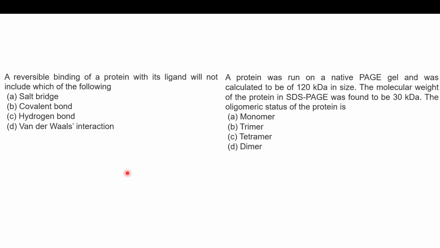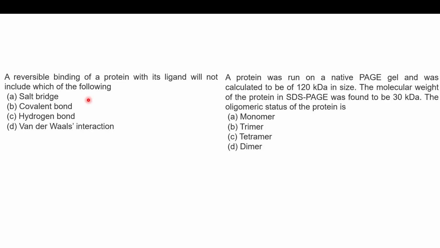Okay. Now let's look at a few questions. A reversible binding of a protein with its ligand will not include which of the following? If something is reversible, then it shouldn't be a covalent bond, right? A covalent bond is a proper bond which can't really be broken, right? However, hydrogen bonds, van der Waals interactions, electrostatic interactions, or salt bridges are